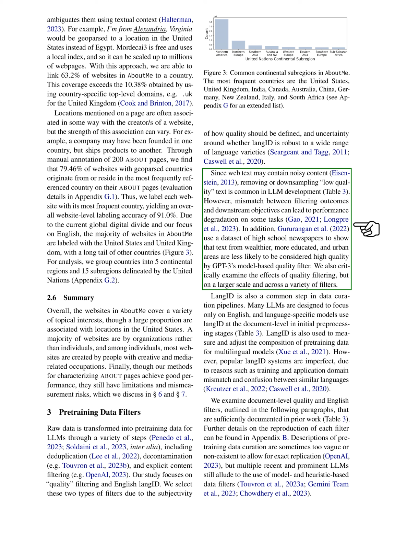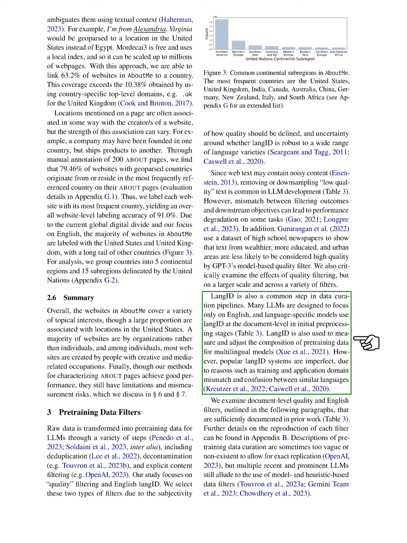We further examine the effects of quality filtering on a larger scale and across different filters. Language identification is also a common step in data curation. Many LLMs are designed to focus only on English, and language-specific models use lang ID in the initial pre-processing stages. However, popular lang ID systems are not perfect, often due to mismatches between training and application domains and confusion between